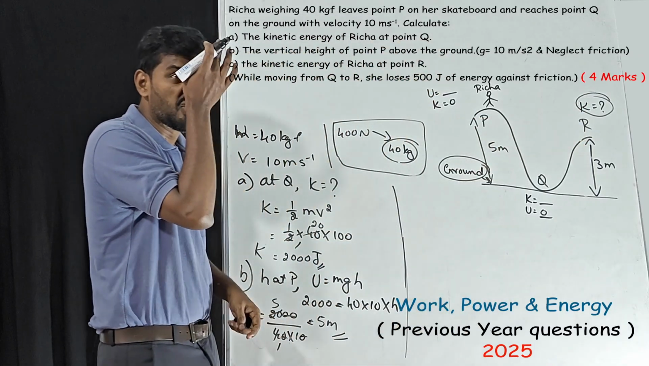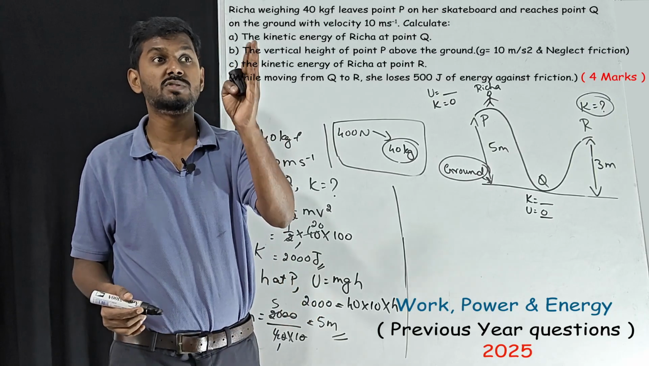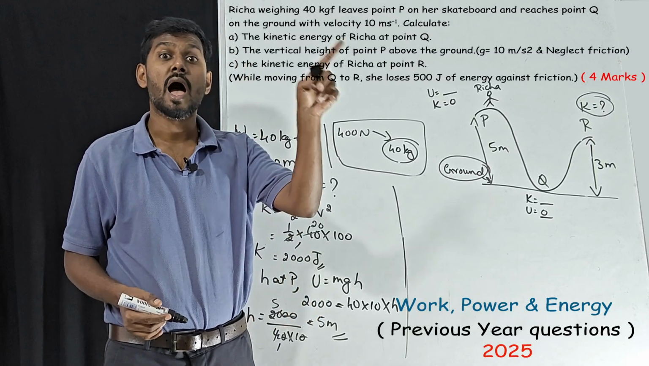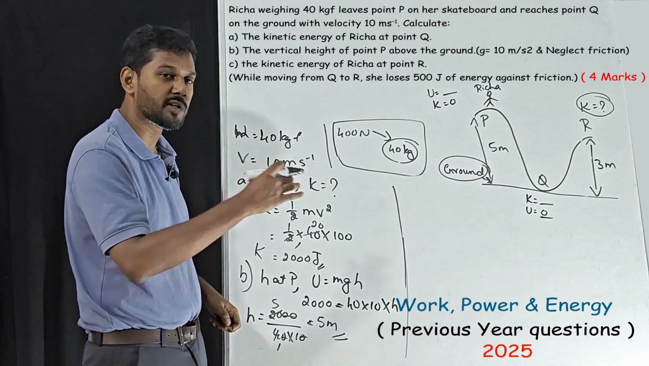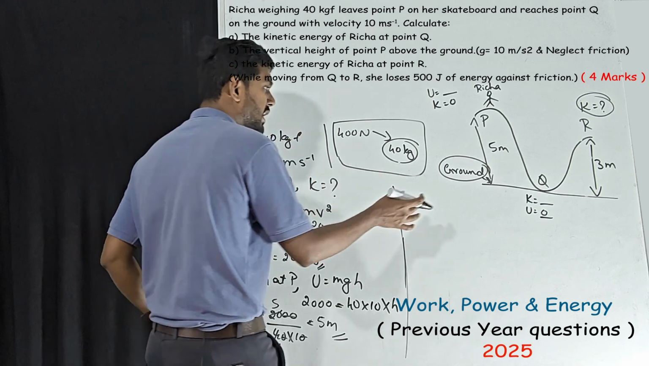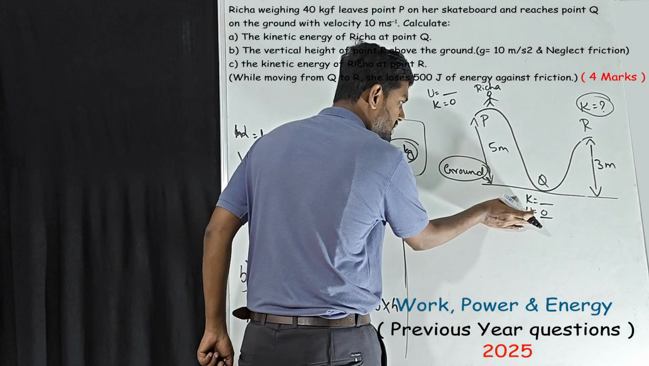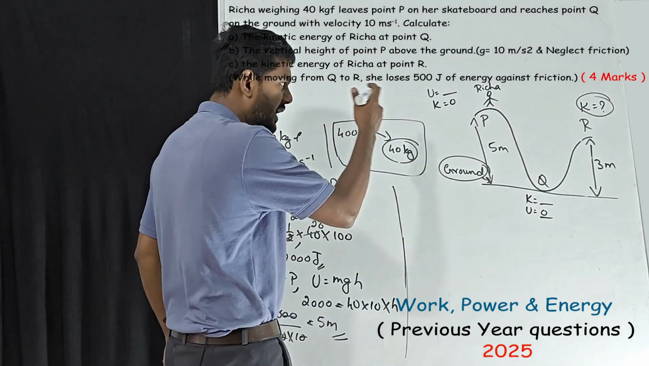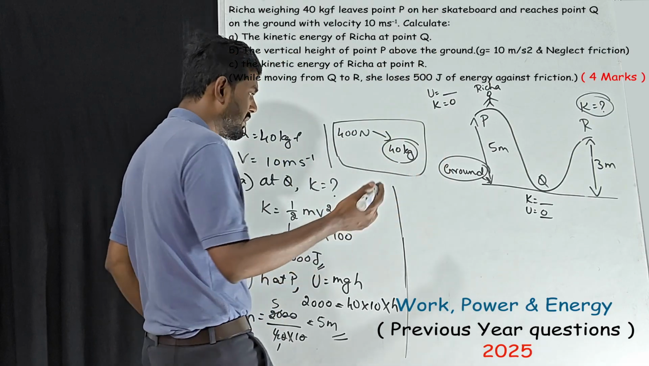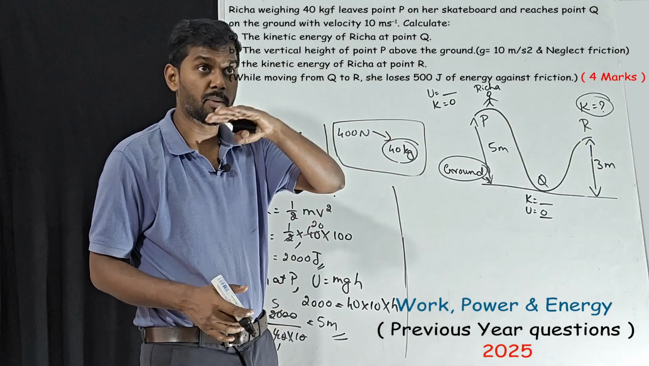And they have mentioned one more thing: while moving from point Q to R, she loses 500 joules of energy against friction. This is very much important, that we can do later. Now see here, kinetic plus potential is nothing but mechanical energy. Mechanical energy at Q is equal to mechanical energy at R, that we know, correct? Because mechanical energy remains the same everywhere, and there is friction, but that we are going to subtract